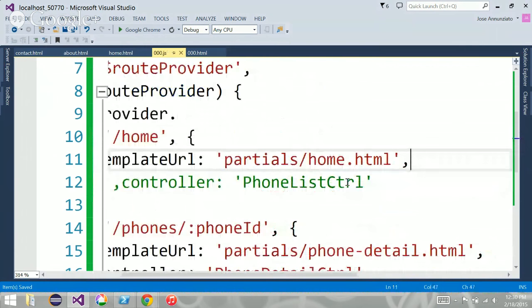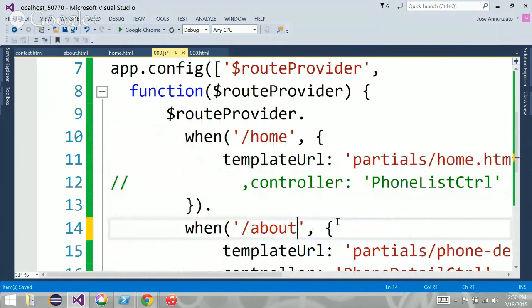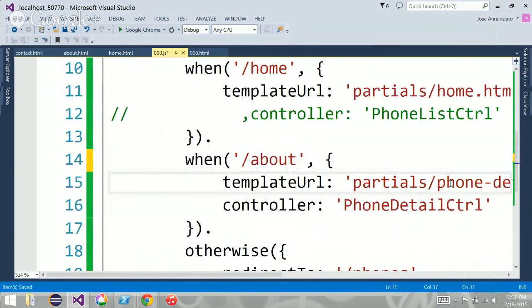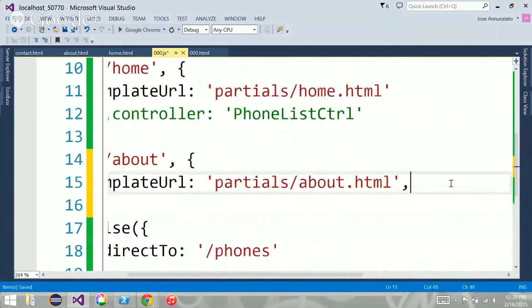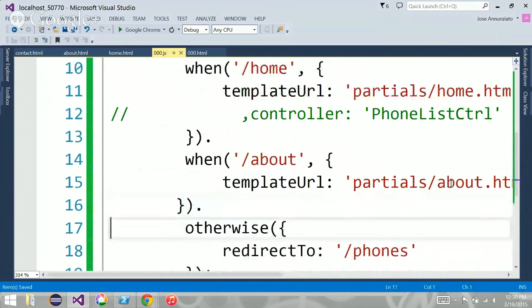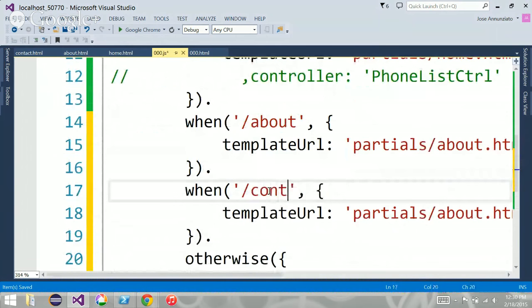And if you ask for about, I'll give you about.html, and no controller for now. And if you're asking for contact, then we'll go to contact.